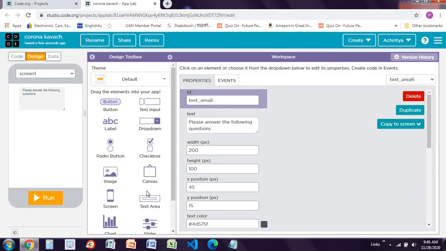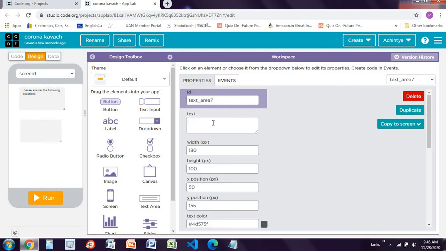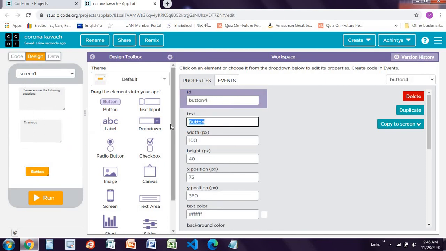And now this one we'll be making it as thank you over here like this. Now here you can make one next button over here like this, next.